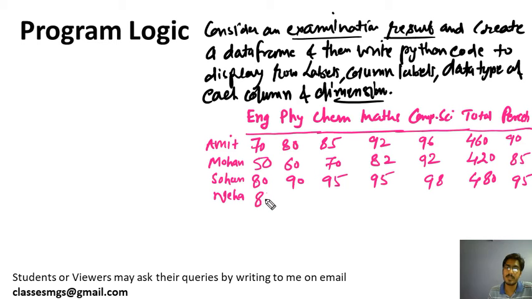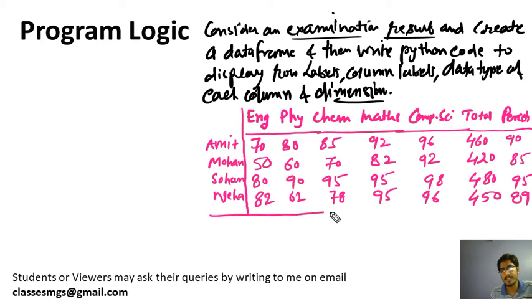Another student, Neha, got 82, 62, 78, 95, 96, and she got 450, and 89%. This is how the result is actually displayed on your notice board when the result is declared